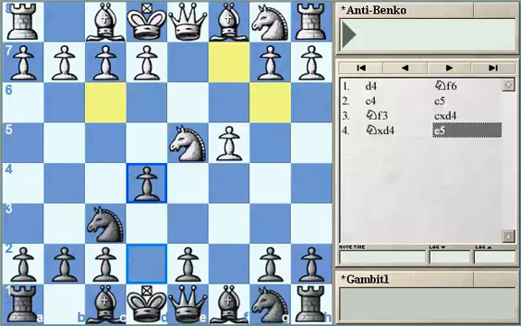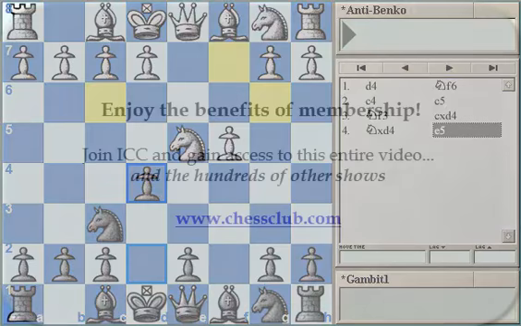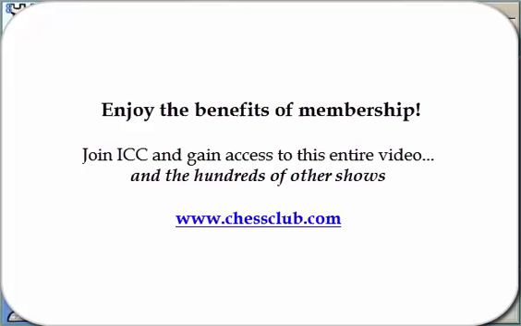Knight c2 or knight b3 will face the d5 equalizing move immediately, and it means that White has only one way. So White has to play knight b5, trying to use the weaknesses in Black's position, the d6 and